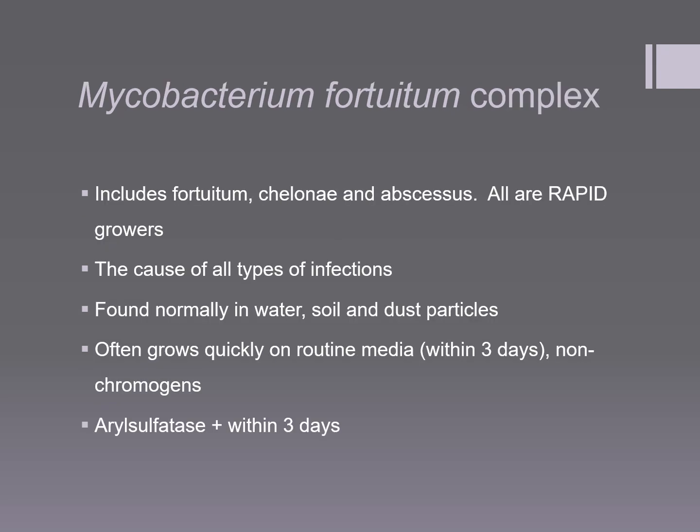Mycobacterium fortuitum complex are the rapid growers, and this includes Mycobacterium fortuitum, chelonae, and abscessus. These are all very rapid growers, and they can cause all types of infections, but usually not the lung diseases or respiratory diseases. They are found normally in water, soil, and dust particles, and they often grow quickly on routine